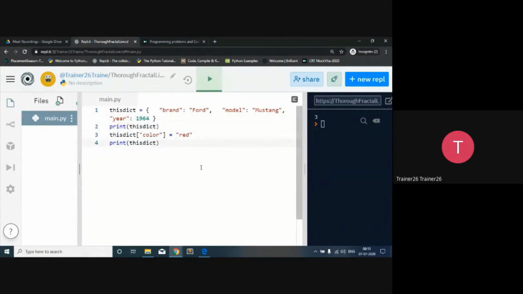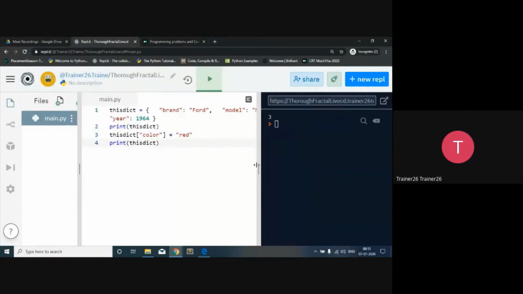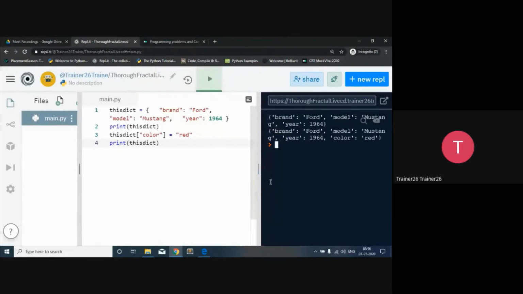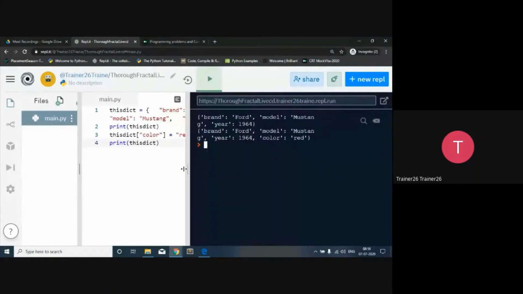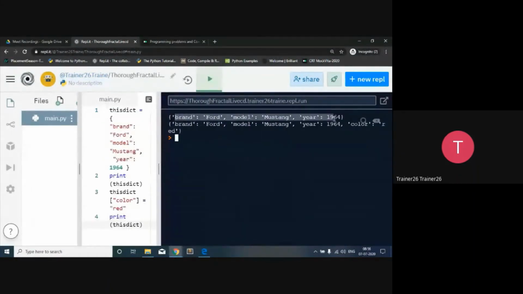It will print the dictionary, and before this line of execution we have only 3 keys, that is brand, model, and year. And then after that, we try to add one more key, that is color, and we present it with red. So in this way we are going to add. Initially, as you can see, it has only 3 keys, and after that we added one more extra key inside the dictionary.